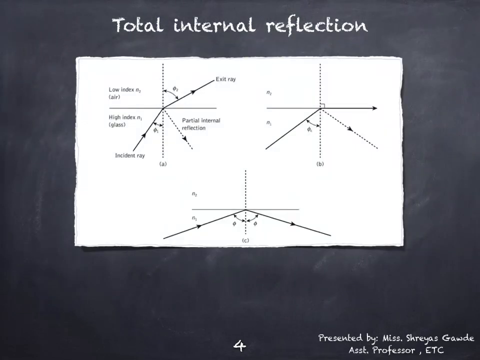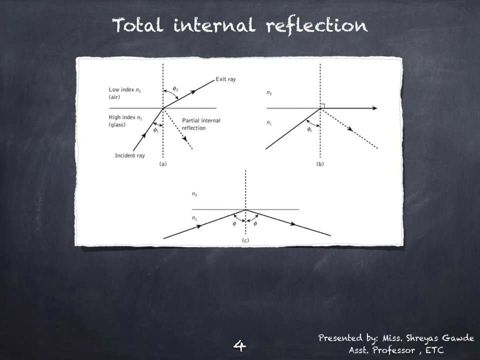So now moving on to the total internal reflection part. As can be seen from figure A, the ray that is approaching the interface is propagating in a dielectric medium of refractive index n1, at an angle phi 1 to the normal at the surface of the interface. If the dielectric on the other side of the interface has refractive index n2, which is less than n1, then the refraction is such that the ray path in this lower refractive index medium is at an angle phi 2 to the normal, where phi 2 is greater than phi 1.